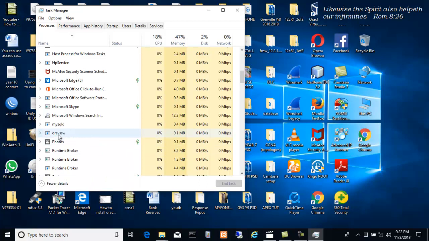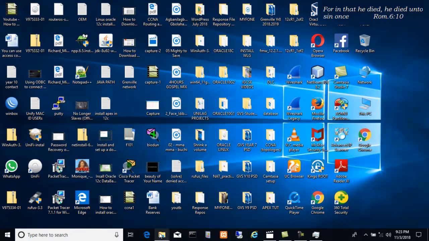Then we have this Oracle VSS. We need to end this too. Most times this can be stubborn. You might not know it's an Oracle process, but when you want to delete your app folder, okay, let me leave that for instance just to prove something to you. I'll go back to